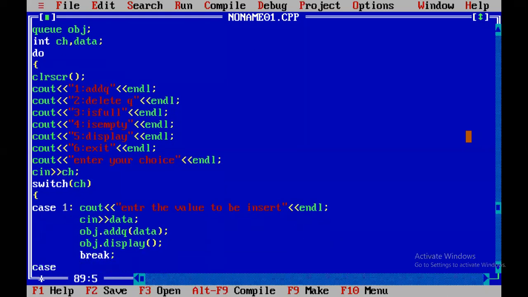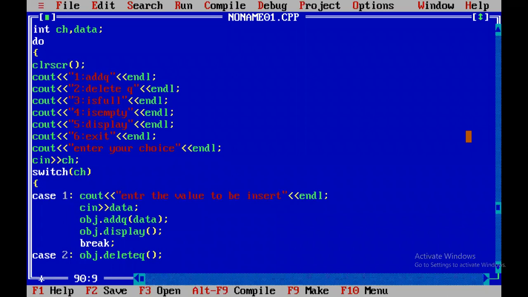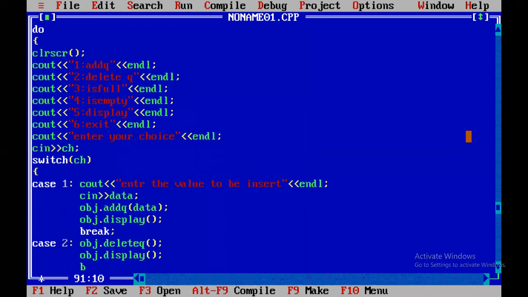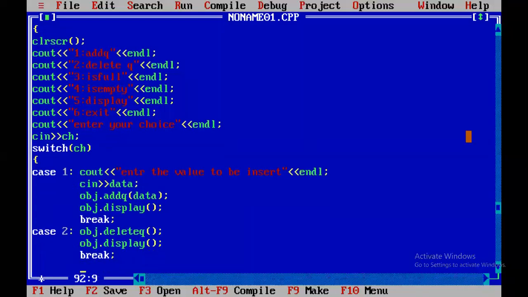Case 2. Object dot delete queue. Object dot display. Case 3. Object dot is full.